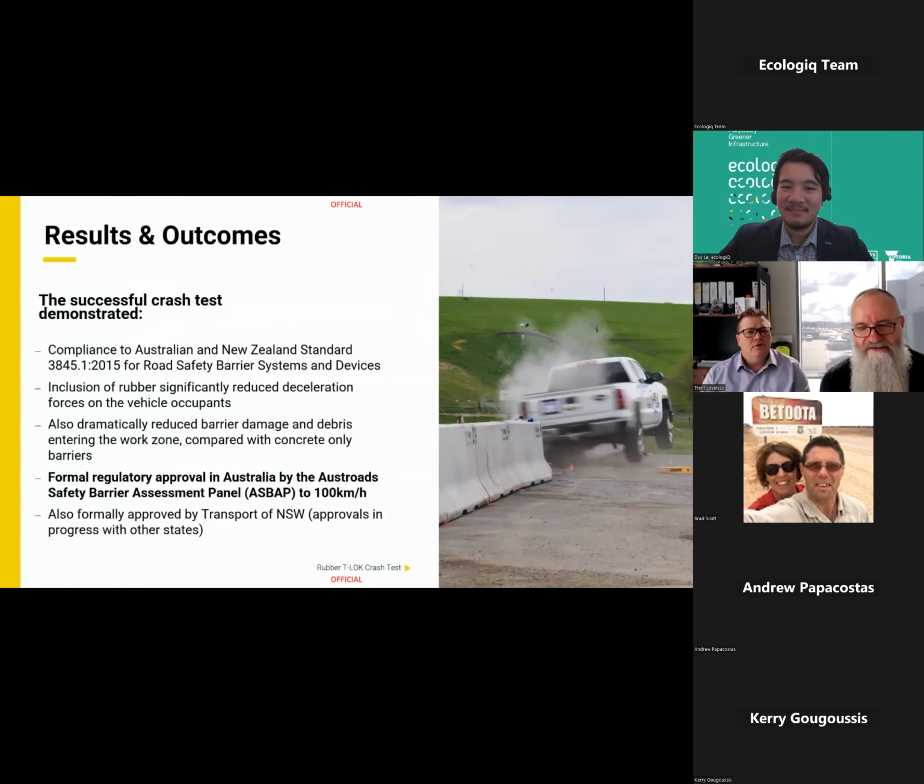Well, you can see by the clapping and excitement at the end of that crash test there, very brilliant results. So the barrier, the T-lock barrier, Saferoads have been selling for over 20 years, licensed from an American company with standard concrete, and had brilliant success with that product. With the inclusion of the rubber, it's reduced the acceleration forces on the occupants in the vehicle,